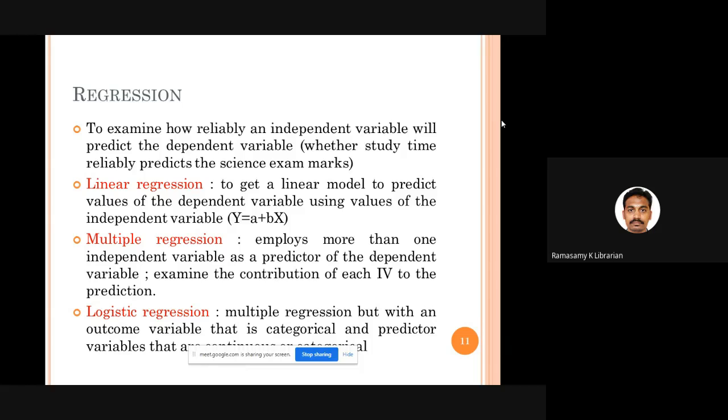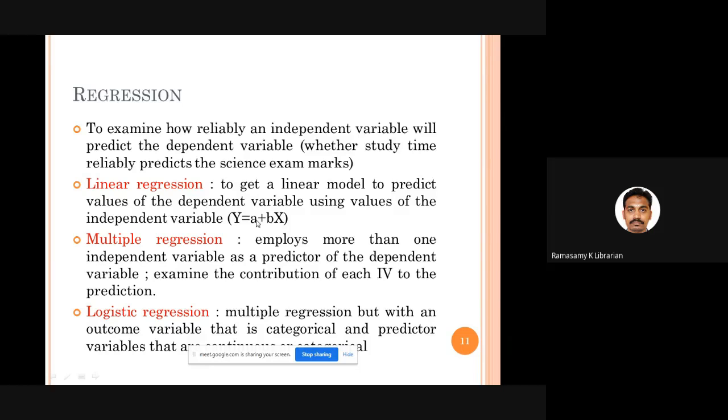We have linear regression, where you get a linear equation, for example, y = a + bx. In this equation, y is the dependent variable which you would like to predict. You want to predict how many marks a child will score. That is y. The a is called the intercept, that is a constant.